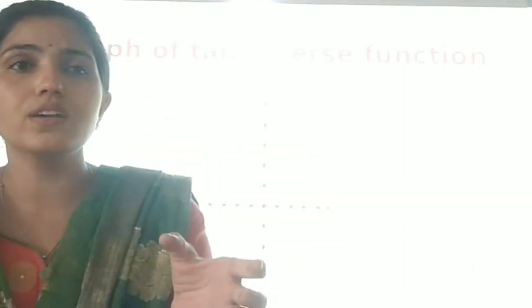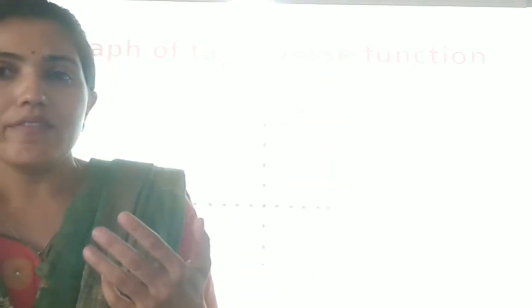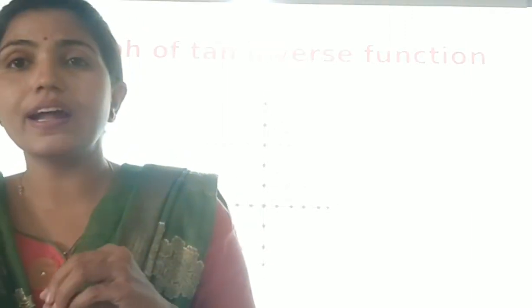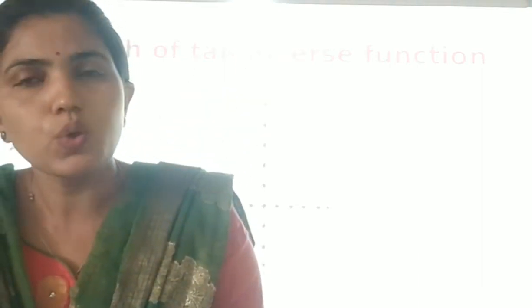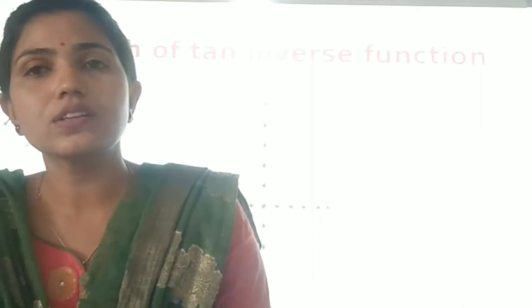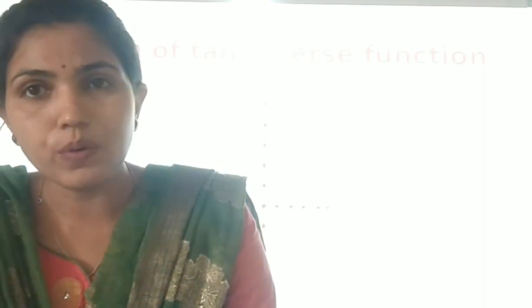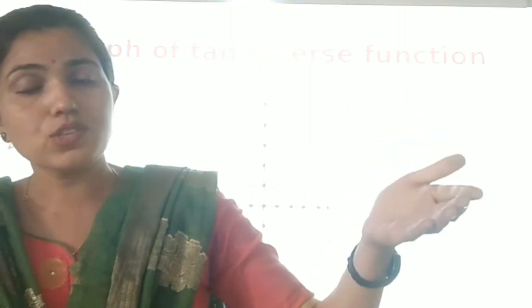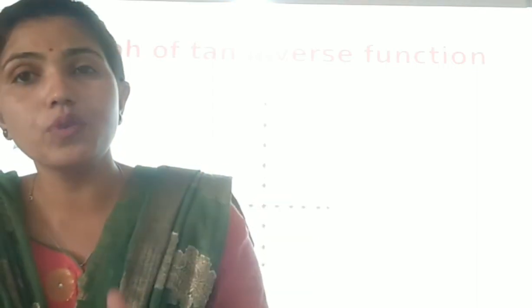Because as you know, all the trigonometric functions are defined on so many different intervals. So when the question is the value of tan inverse of 1, what can be tan inverse of 1? You can easily say pi by 4, but another value is also there, like 5 pi by 4. So there are so many values for which the function value of tan will be 1.